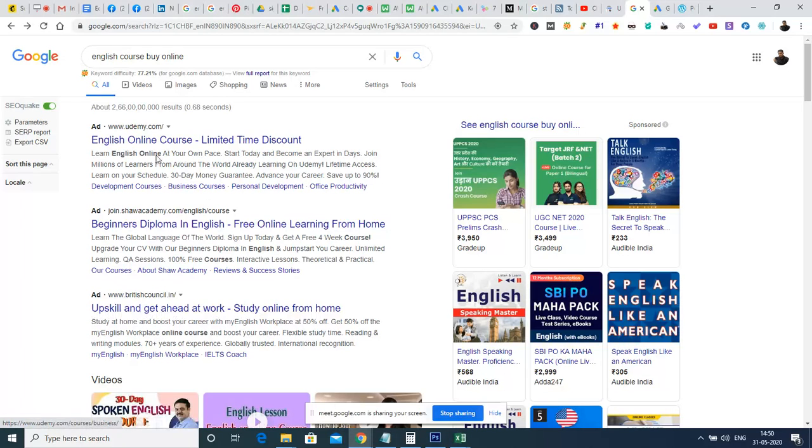Suppose if it has to reach this position, they have to pay something like 350 rupees to reach here. The reason is that it is not only bidding, it is also about the optimization that we did in the title, description, and URL. These things we will be studying in Google advertisement while we are making the search advertisement. And these things will create an ad rank, through which the advertisements will be shown at the top.